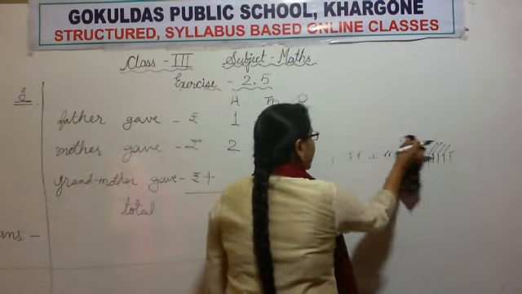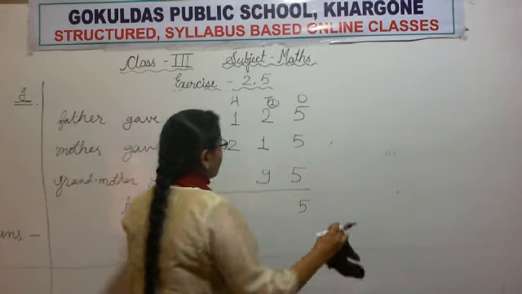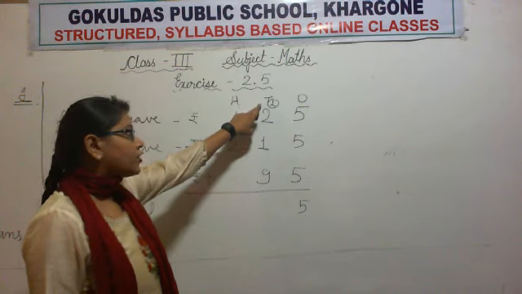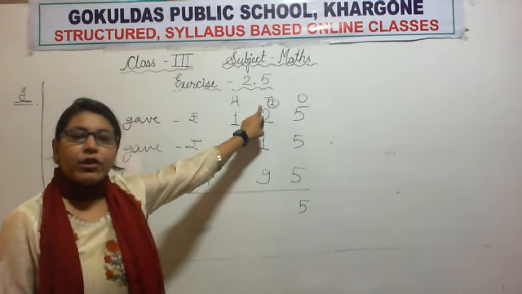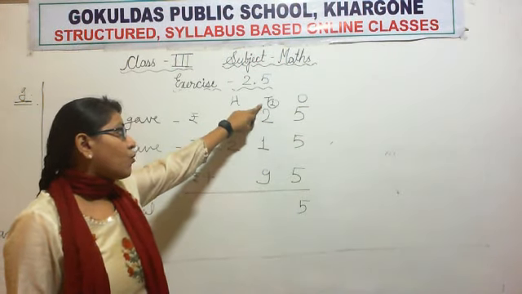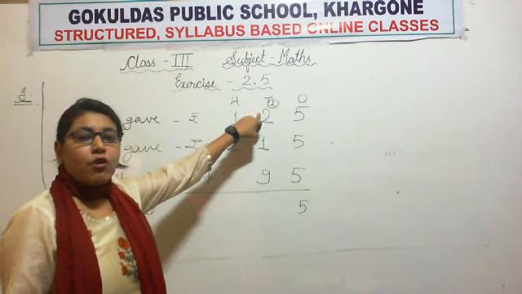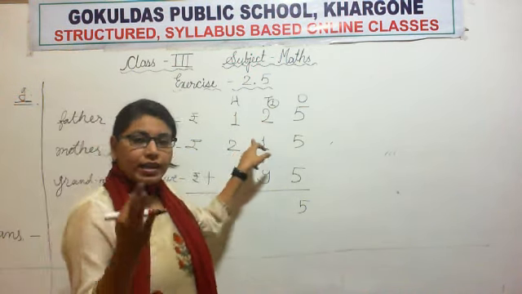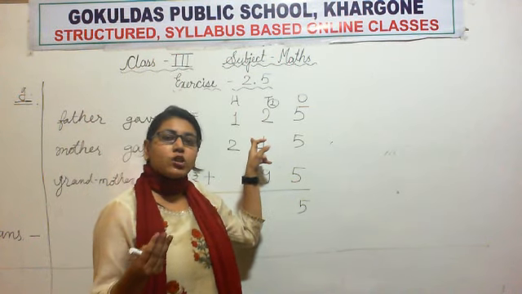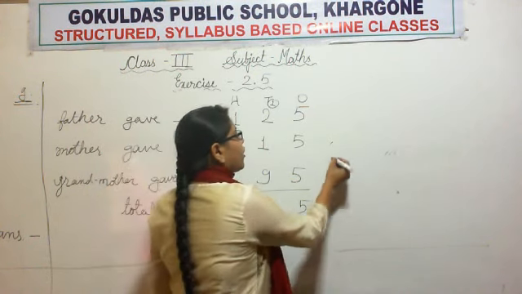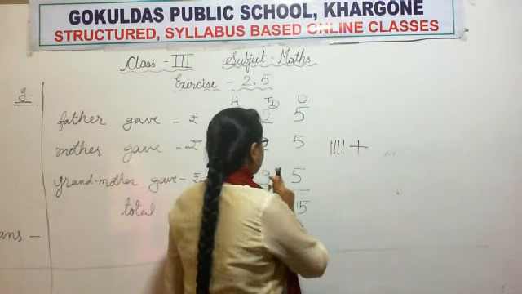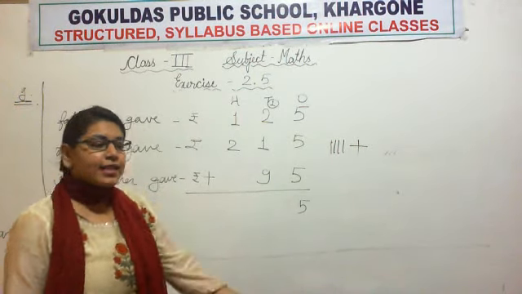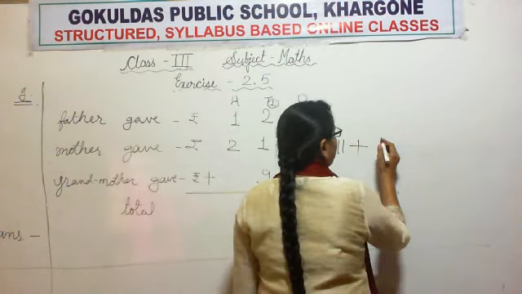Now it's the turn of the tens column. First of all, 1 is written there. Whenever 1 is added to any number, it gives its successor. So 1 plus 2 is 3. What is the successor of 2? 3. Now again 1 is there. We got the answer 3. What is the successor of 3? 4. So we will draw 4 sticks. Now the next number is 9. So we will draw 9 sticks.